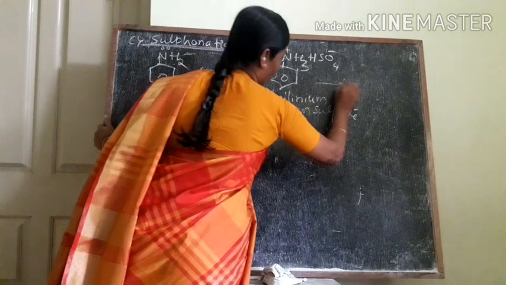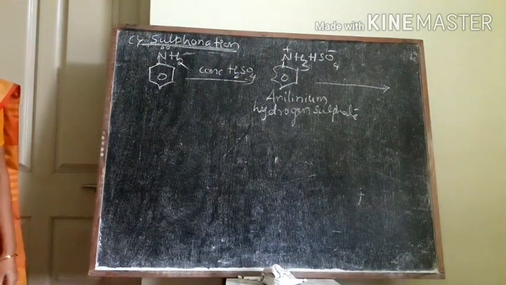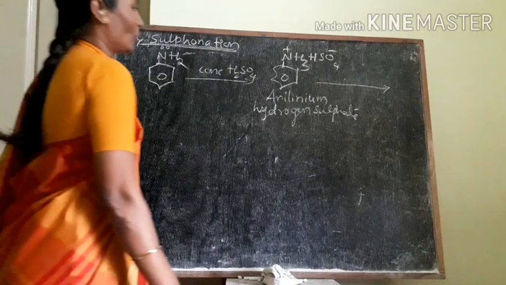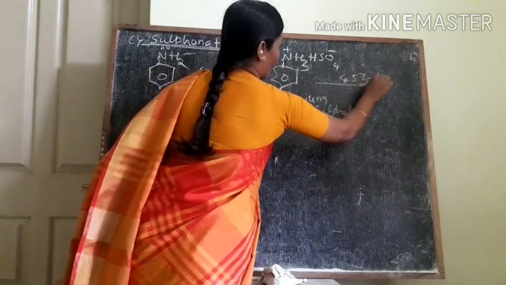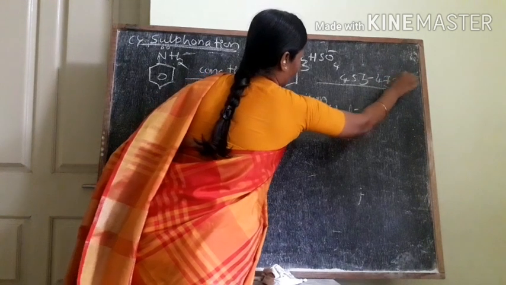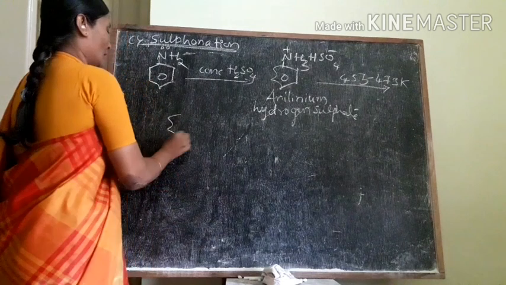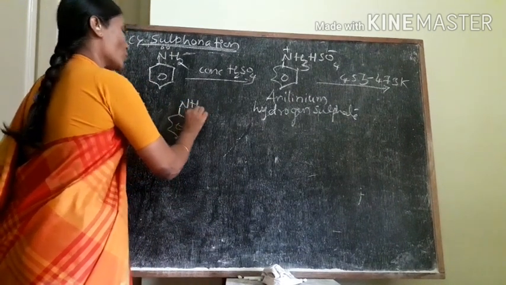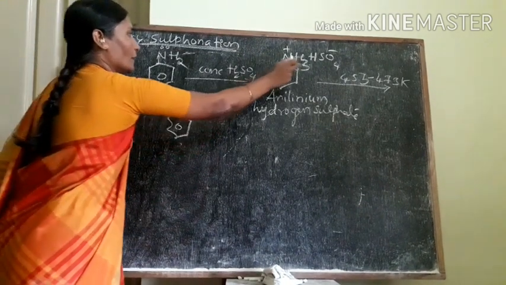Now this aniline hydrogen sulfate, what happens here? There is one condition, 453 to 473 Kelvin. Decomposition is taking place. 453 to 473 Kelvin. In this group decomposition takes place. That means it becomes NH2, and the remaining is